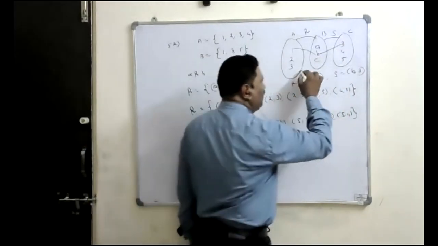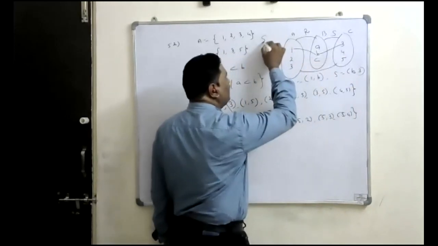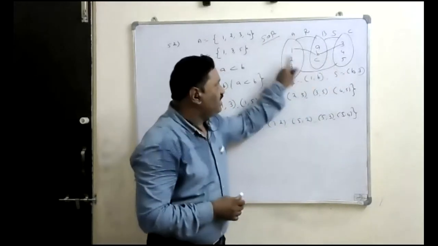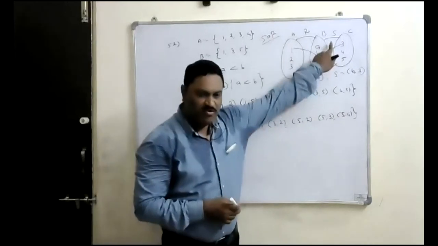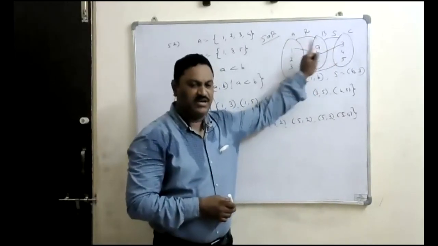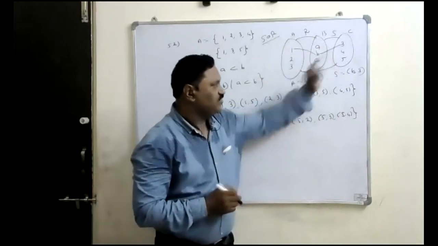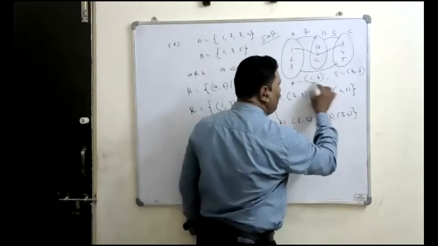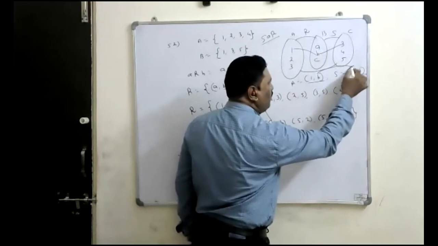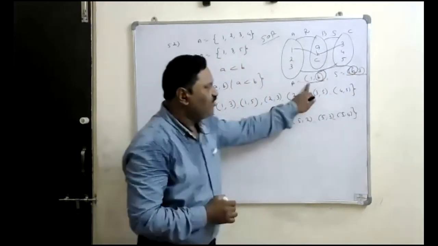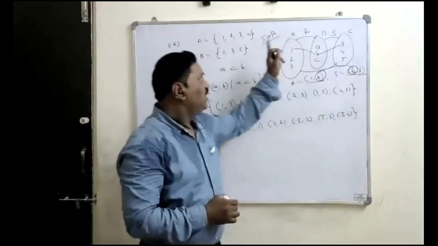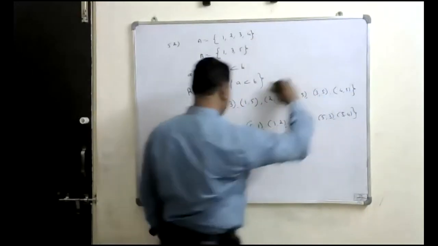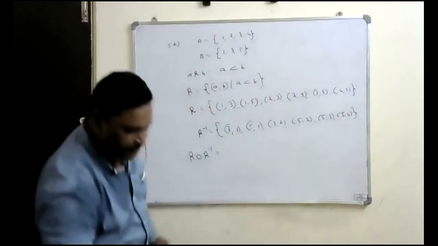Now if you want to write the relation from A to C, you write S circle R. While writing that, we have to write in the reverse order, S circle R. But while seeing it, we have to see from this. So that is the relation from 1 to 3. If we have (1, b) and (b, 3), whatever common element is there, take it out and write the end to end pair (1, 3). That is the relation S circle R. Like that we have to express the relation. Here also we have to write R circle R inverse.